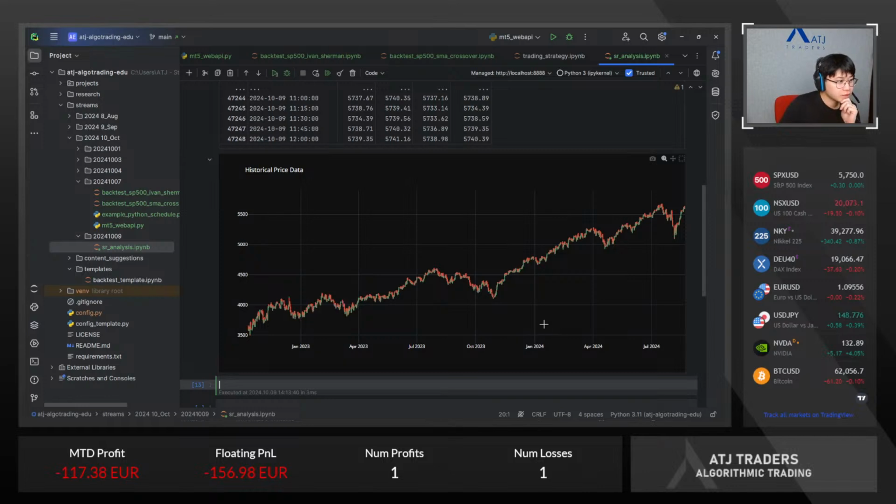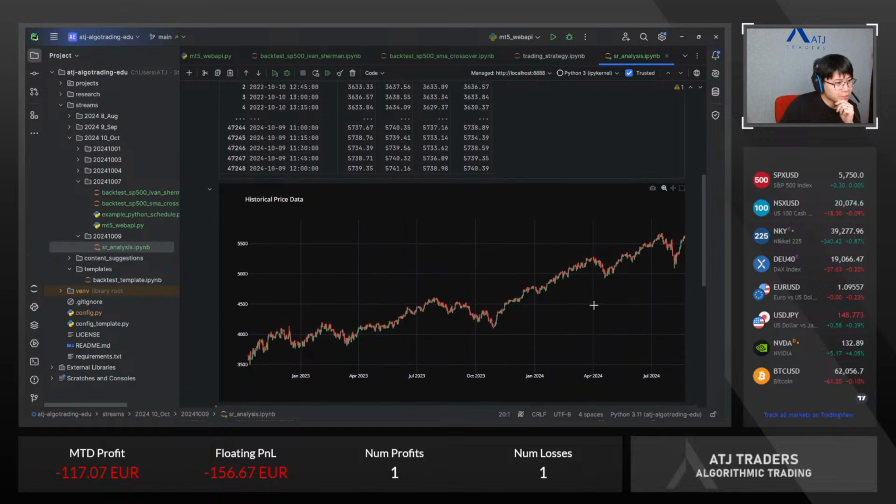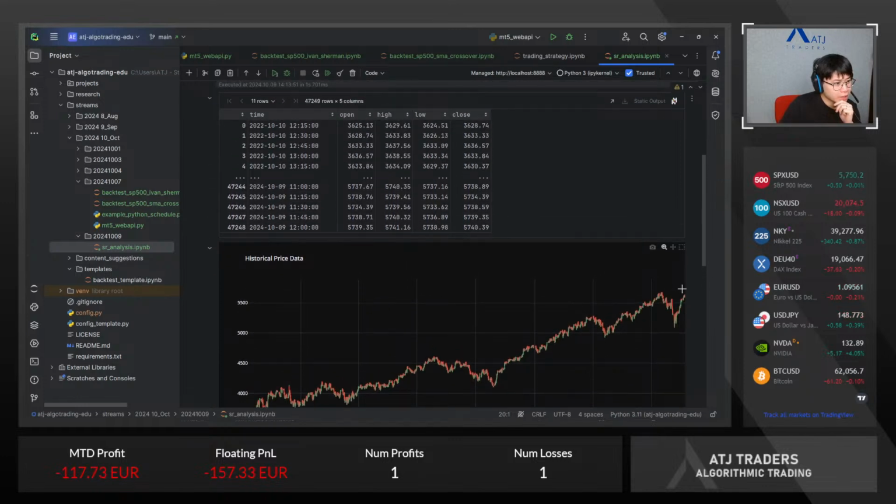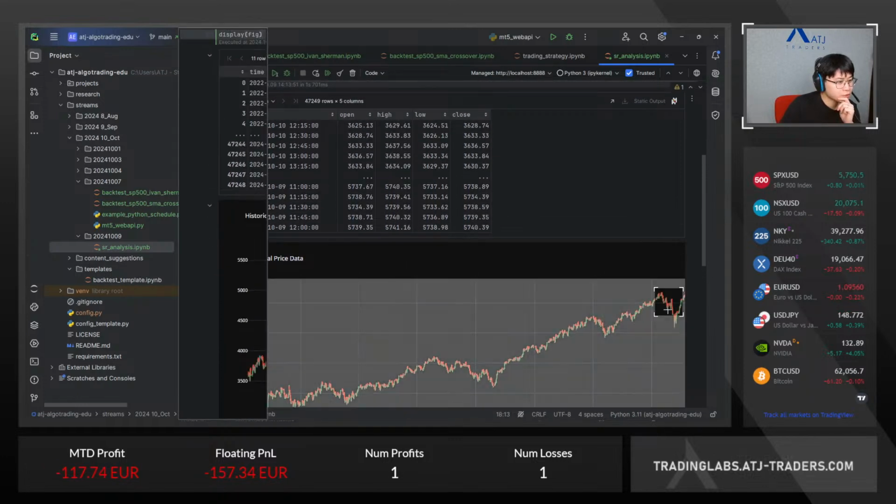Okay, so now we have the M15 data, so this is great. So the idea behind breakouts, right? We usually have a consolidation. So for example, by